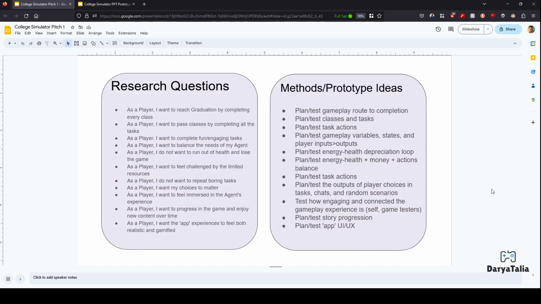For research questions, I have several user stories for the player, such as: I want to reach graduation by completing every class. I want to pass classes by completing all the tasks. Fun and engaging tasks, balancing the needs of my agent, not running out of health and losing the game, feeling challenged by the limited resources, not wanting to repeat boring tasks, making sure that choices matter, feeling immersed in the agent's experience, progressing the game and enjoying new content over time, and the app experiences to feel both realistic and